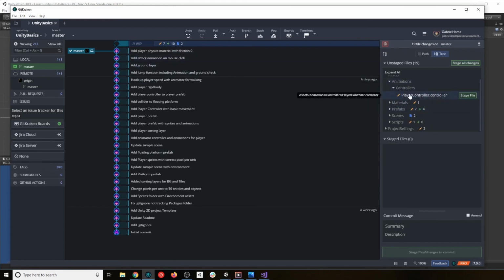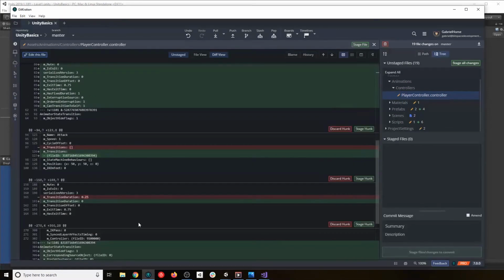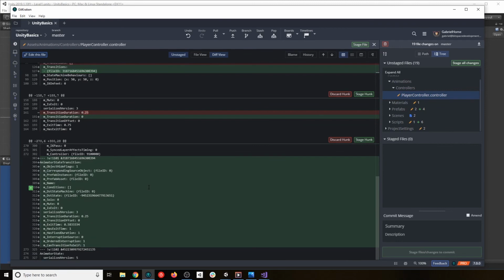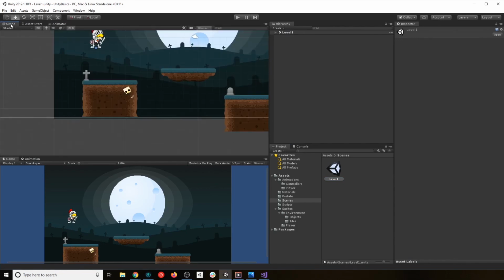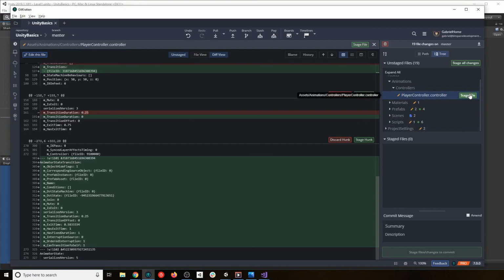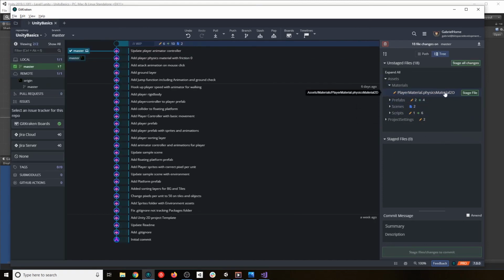So we did a change on our player controller. As you can see, that's why it's sometimes a little bit tricky. The animator and the animations and all of those, they're not that straightforward to see what was changed. We know we did some changes on it. We added some variables and things, so we're just gonna go ahead and update the player animator controller. Oh, this one is the one that we were talking about before. So